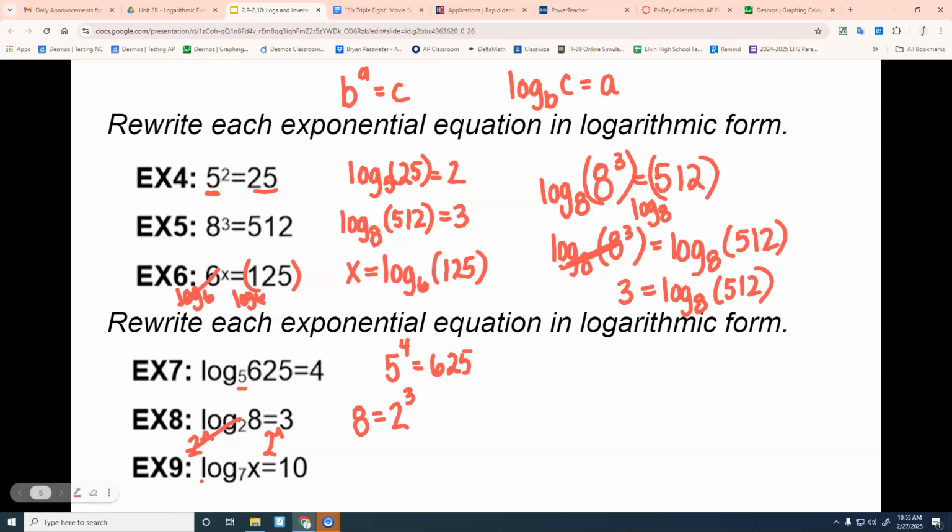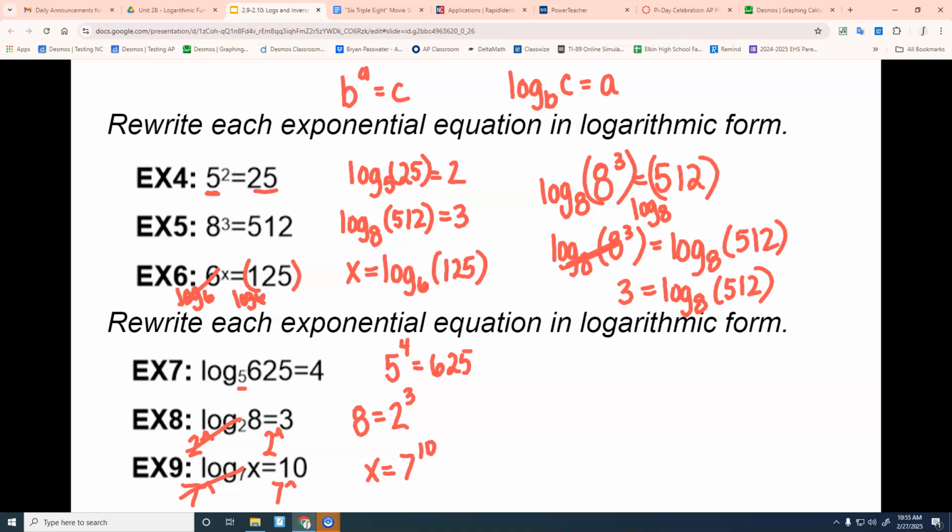So like if I want to do number 9, I want to get rid of that log with a base of 7. I'm going to do 7 raised to that power. It'll just cancel that side out. I'm going to do 7 raised to that power over here. So x is going to equal 7 to the 10th power. Make sure you get that in the right order. The base of your log has to be the base of your exponent on the other side. Okay, so just being able to rewrite is something that we'll practice